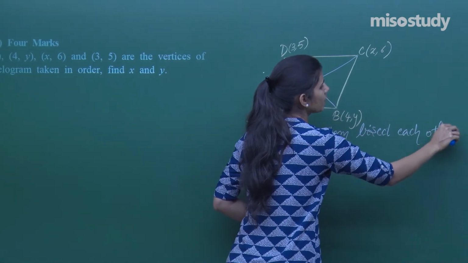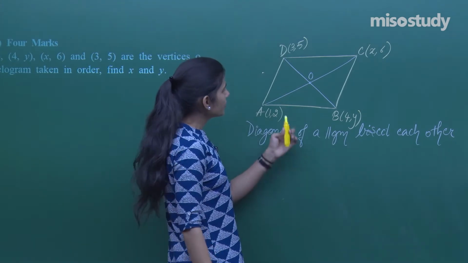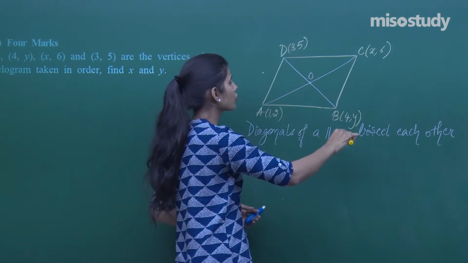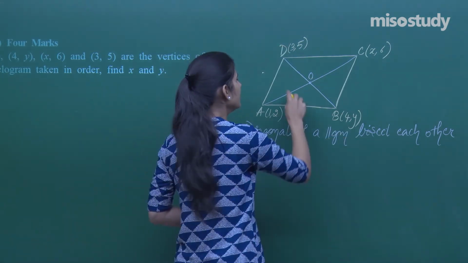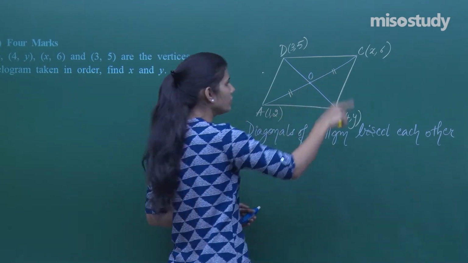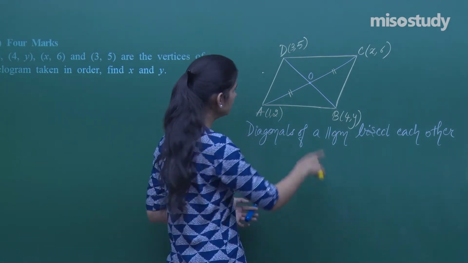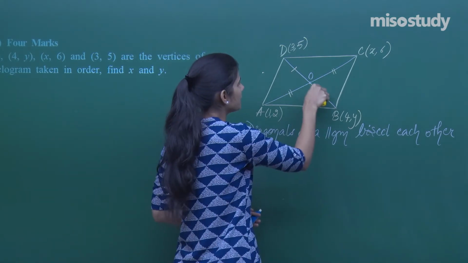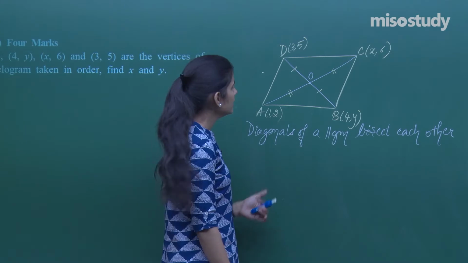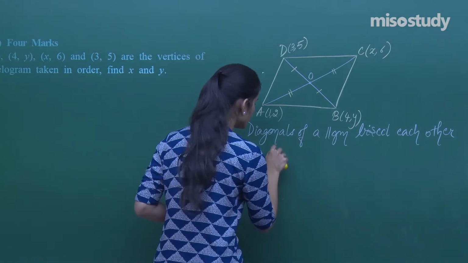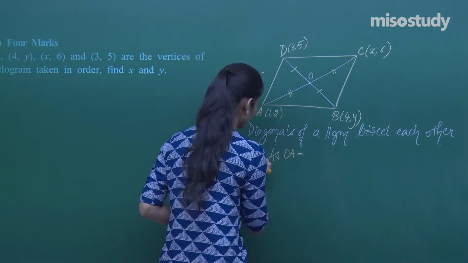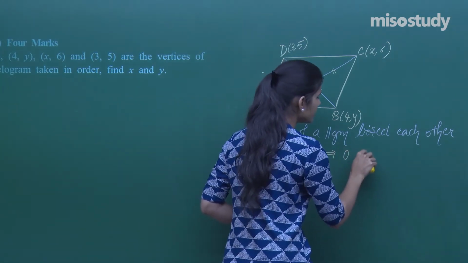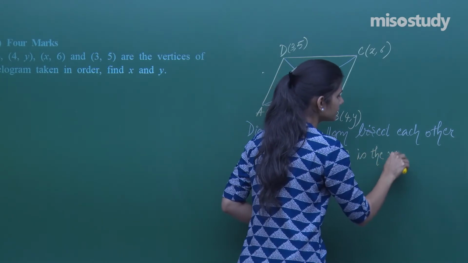We have proved this in the chapter of quadrilaterals. So diagonals of a parallelogram bisect each other means what? BD diagonal, when passes across the AC diagonal, it bisects it. That means AO is same as CO. And when AC diagonal cuts through the BD diagonal, it bisects it into two halves. That means OD is same as OB. So if I say OA is equal to OC, this means O is the midpoint